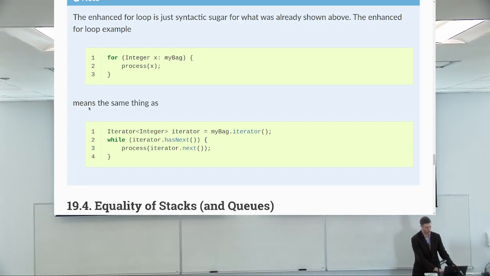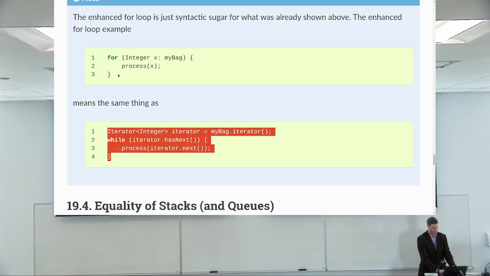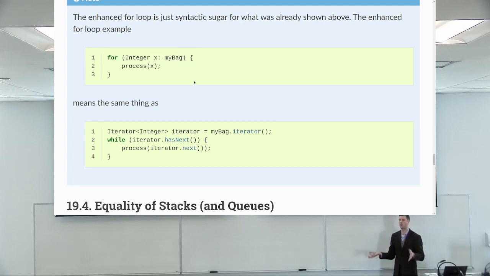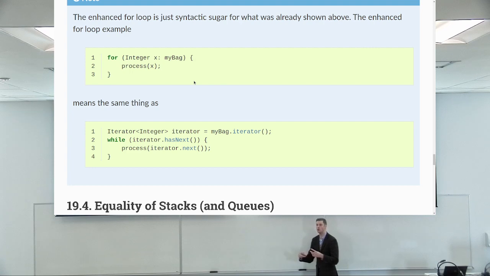So I could do it this way, but it's the same. These are equivalent. This is just arguably a nicer way to use the iterator instead of having a reference variable to an instance, using a while loop, and keep asking if it has a next,